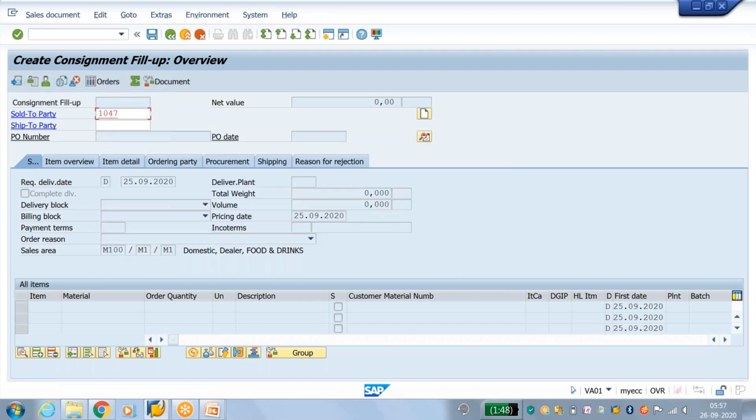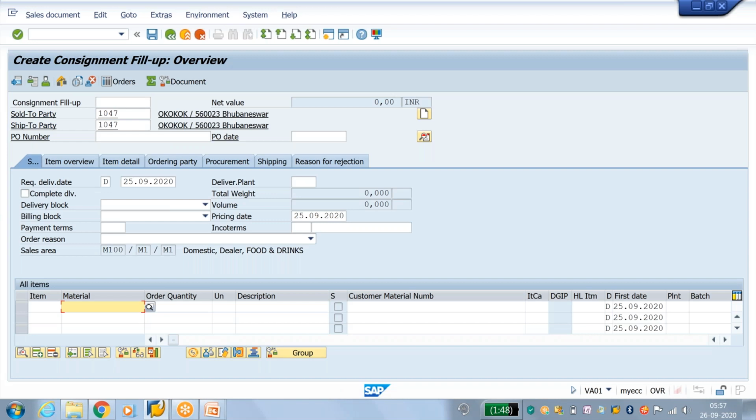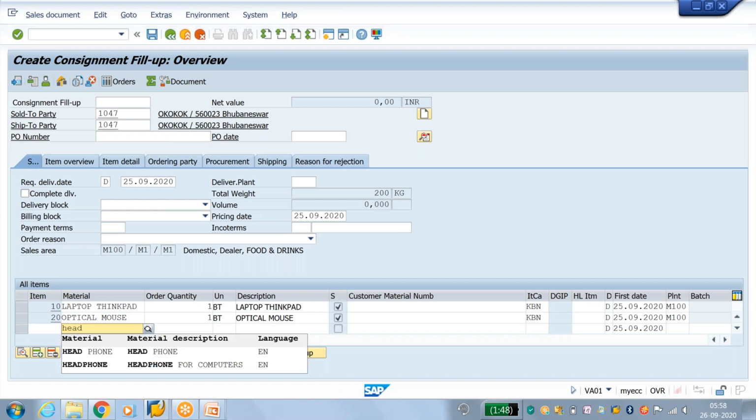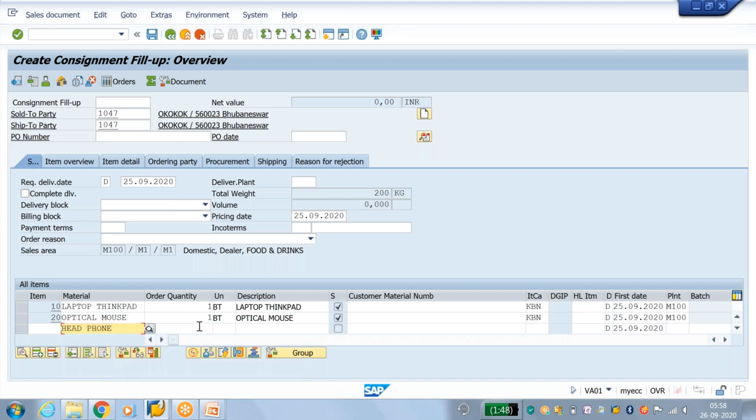So this is a customer. Then I will allocate laptop, optical mouse, headphone, one quantity each. So now I'm doing the consignment fill up process.